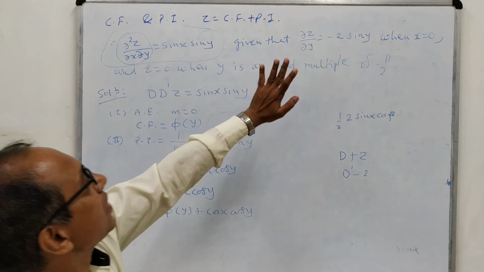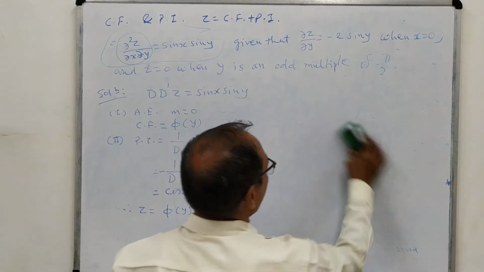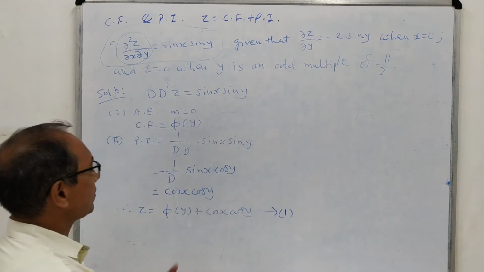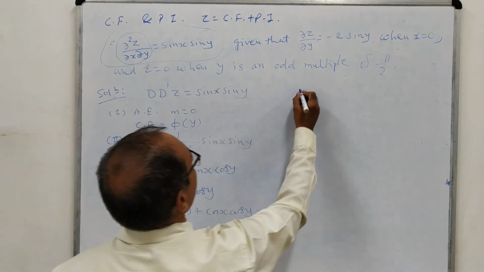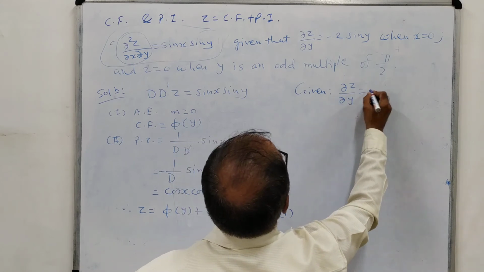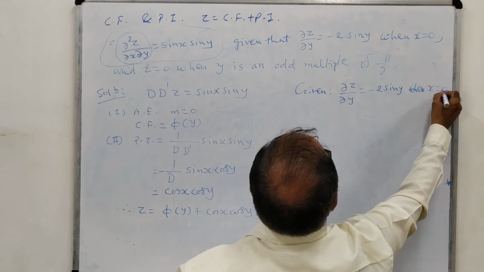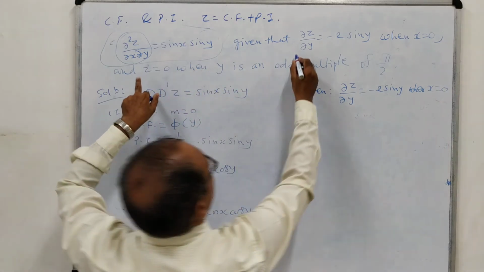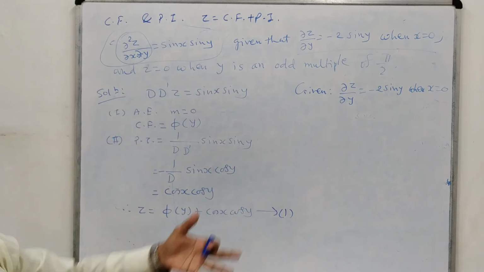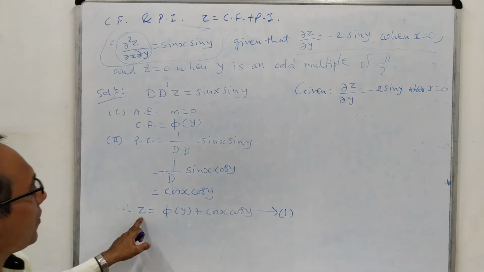Now it is the solution of this equation, but now let us see the remaining part. The remaining part is nothing but the conditions. Conditions we are given that we have to employ upon the given solution. So we will give it as equation number 1, and upon this we will employ the conditions given. The first condition is del z by del y equal to minus 2 sin y when x equal to 0. So first we will use this condition. There are two conditions given. Second condition we will apply after some time. So here this condition is given in the form of del z by del y, so we will have to find the derivative of this one.